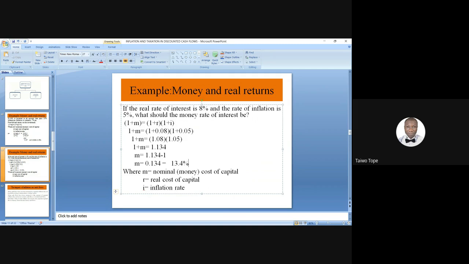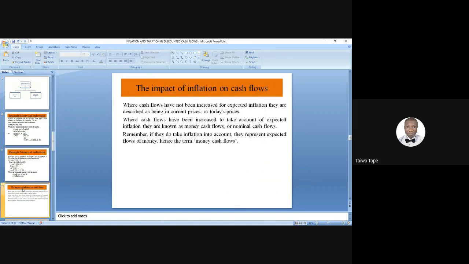So I will share some of my assignments with you. Make sure you watch this and make sure you get this right. So, the impact of inflation on cash flows. Where cash flows have not been increased by expected inflation, they are described as being in current prices. Take note, where cash flows have not been increased for expected inflation, they are described to be in current prices